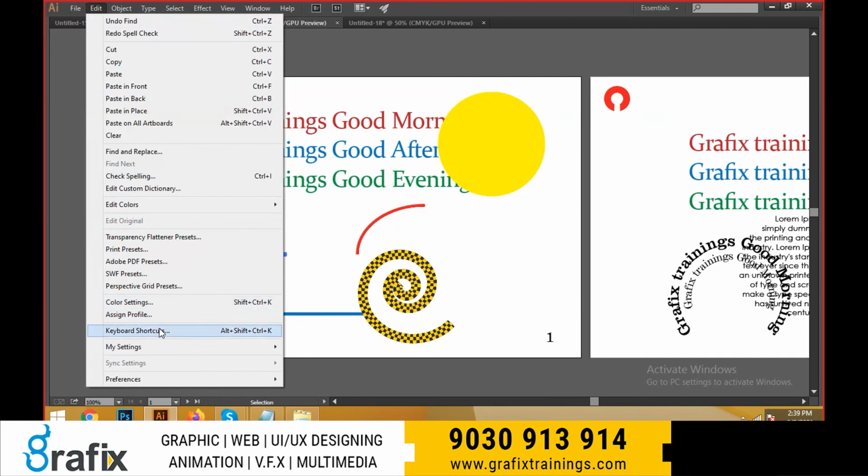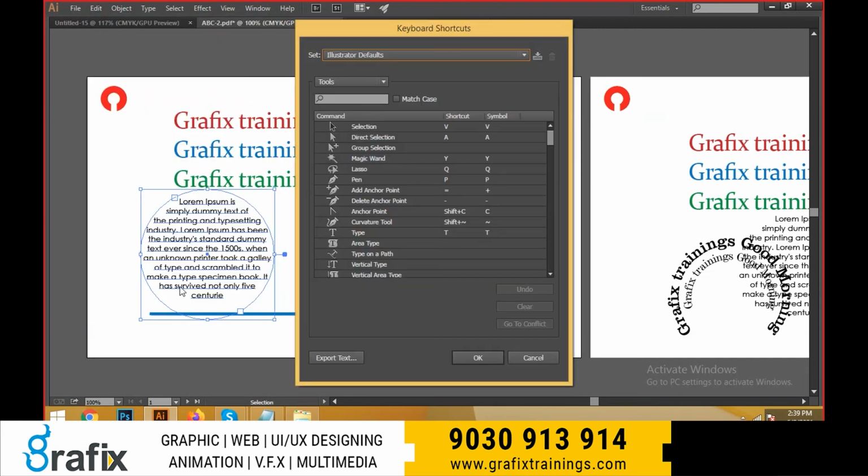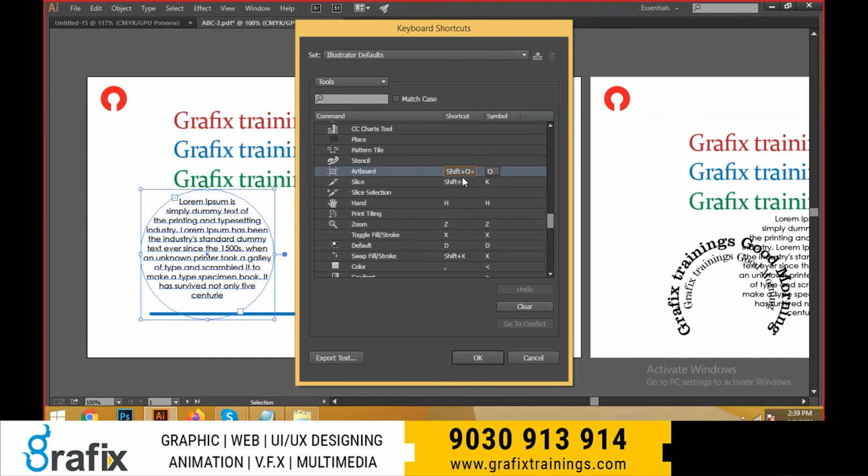And save this one and go to the things here, undo and redo. And assign profiles, keyboard shortcuts is very important, guys. Click this one and you can see the keyboard shortcuts, and these are all the keyboard shortcuts. I told you guys here, Shift O is the artboard, and you have different shortcuts here. You can check it here, column graph and the symbols, blend, perspective, selections, width, scissors, blur brush, ellipse tool and rectangle tool.